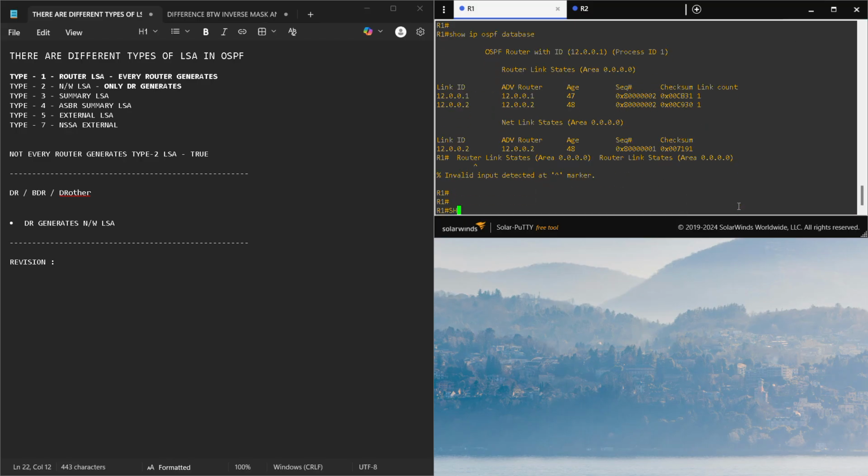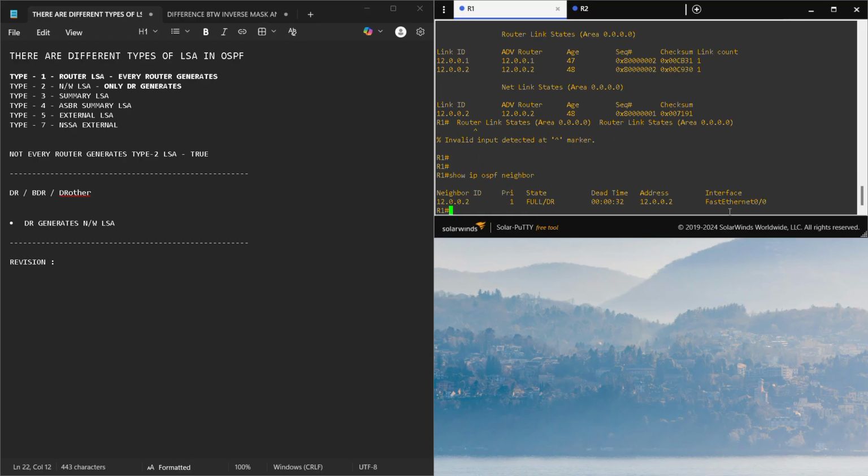that we have. Show IP OSPF and then neighbor. So this is how we used to see who our neighbors are. After that,